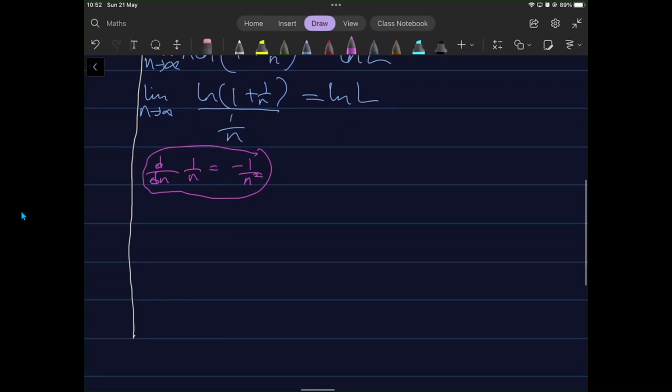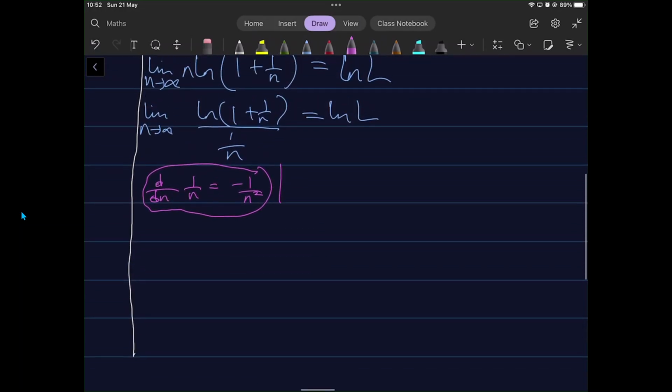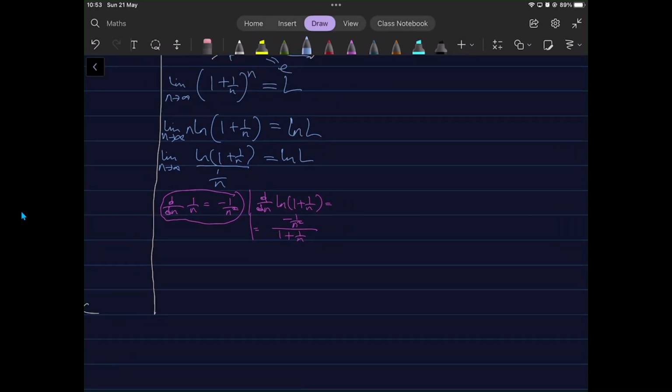How about when it comes to the log? So d over dn of ln of 1 plus 1 over n is equal to, well, the bottom is what the argument of the log was, and on the top of our fraction we'll have the derivative of the argument. The derivative of 1 is 0, the derivative of 1 over n has already been worked out, negative 1 over n squared. So therefore this ln of L can be rewritten as the limit as n goes to infinity of